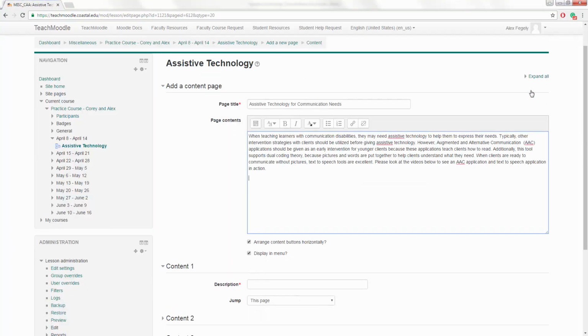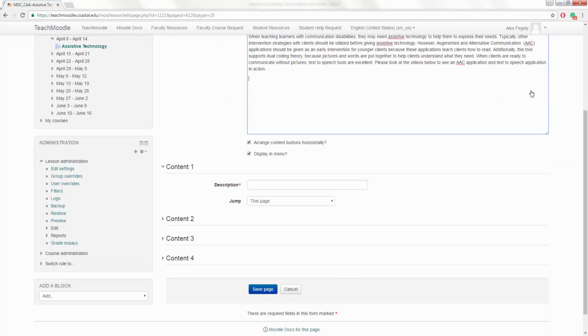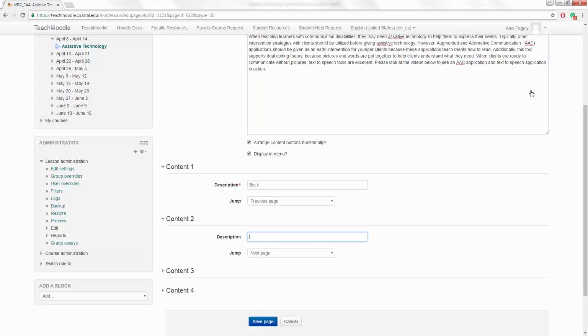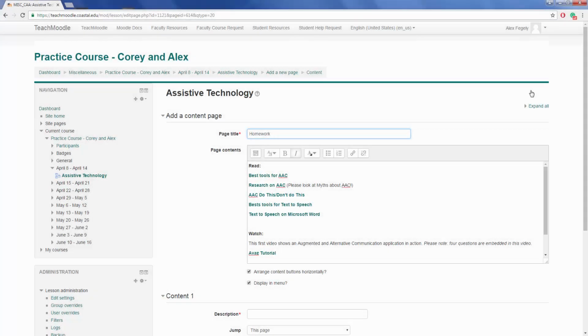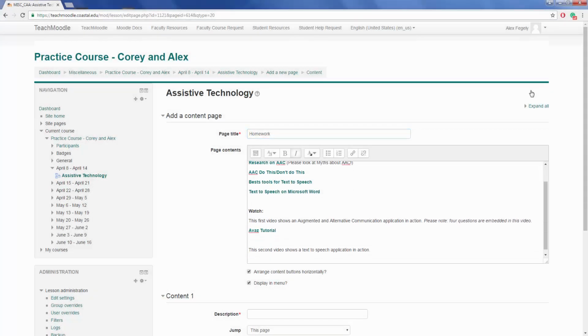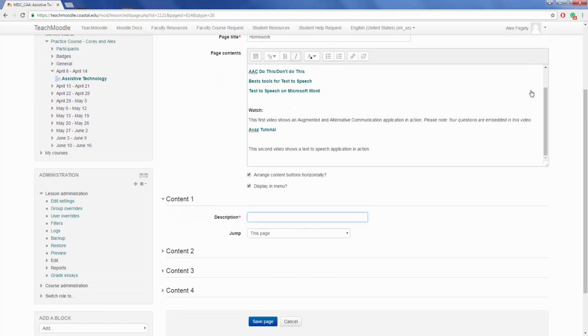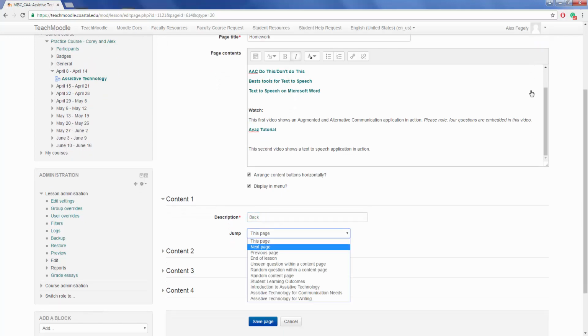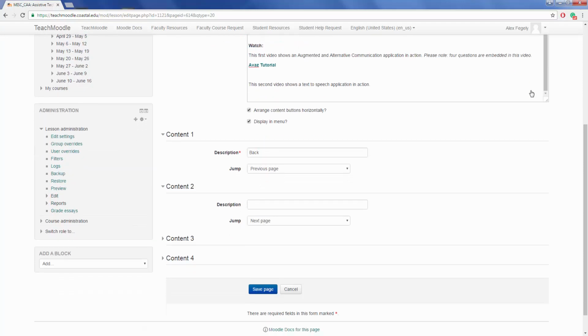Once I add my next page, simply go down to Content, make sure that we have our back and forward buttons created, and Save Page. Once you get to the last page of your lesson, down here under Content, you're still going to have the same back button, but the Content 2, this button, is going to say Finish, and you're going to make this jump to End of Lesson. When I save that page,